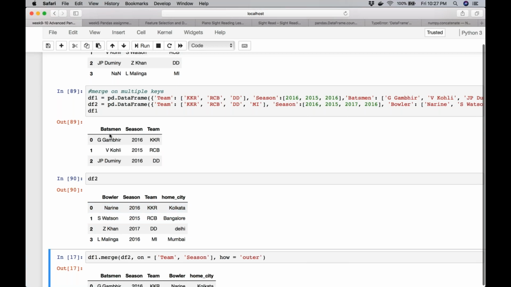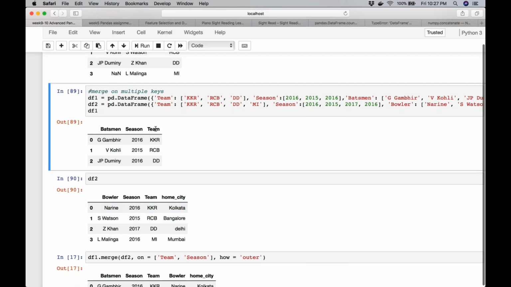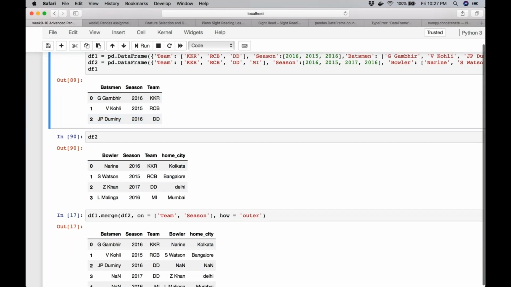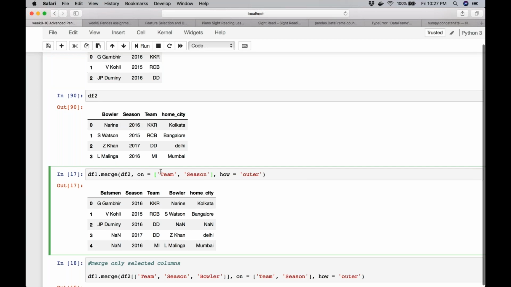So bowler and the team remain the same. Team name, we are back to the same team name just to reduce the complexity in the variables. And then there is a season. And I want the merge to happen on both the team as well as season because they both are my identifier columns. So I can do that definitely. All I need to do is that now my on parameter will take a list as an argument, and that list is the list of the columns, and the order is important. So if my precedence is for team name, then I would pass the team first and then season, and vice versa. So I'm saying on team and season, how is equal to outer.